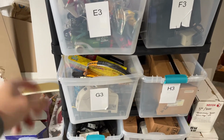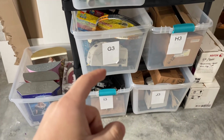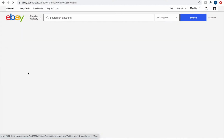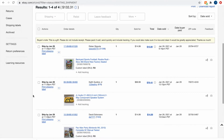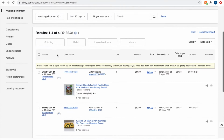Then let's head over to my computer so I can show you guys how I use the custom SKU on eBay for an item that recently sold today. For example, this Backyard Sports football factory sealed game, I use the custom SKU, and I put in the bin number R3. So when you're making a listing on eBay,